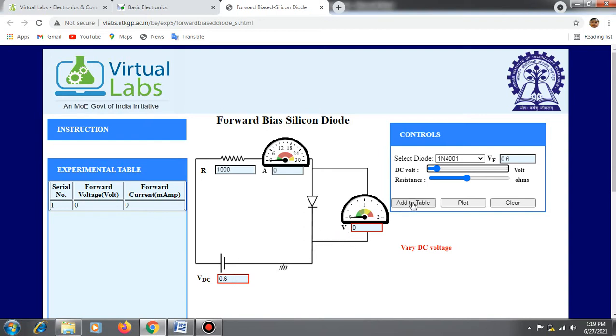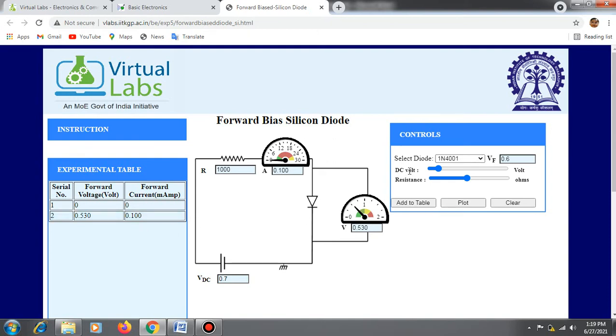When you add this to the table, no changes will be recorded in the experimental table. Now when I increased to 0.7, now the value is shown in the experimental table. So when you add to the table, the values are shown in the experimental table.